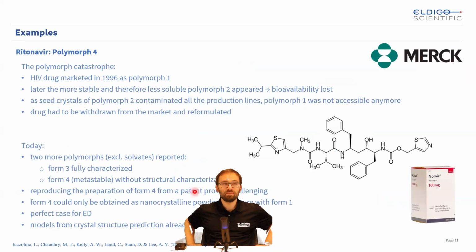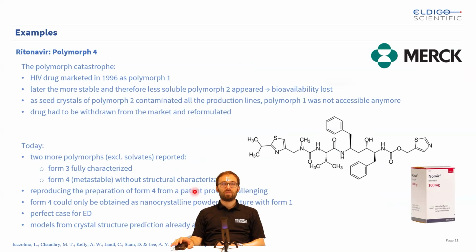Let's move to another example. So in this case, it's about polymorphism, and we are looking at ritonavir, maybe the most notorious case of a late appearing polymorph. So this is an HIV drug that was marketed in 1996. But around 1 year later, suddenly a second polymorph appeared, which was more stable. And because of this, unfortunately, also less soluble, which made it less bioavailable. So it basically was useless